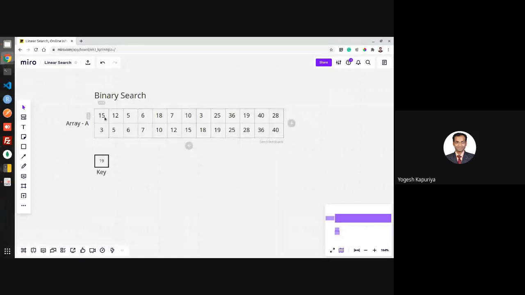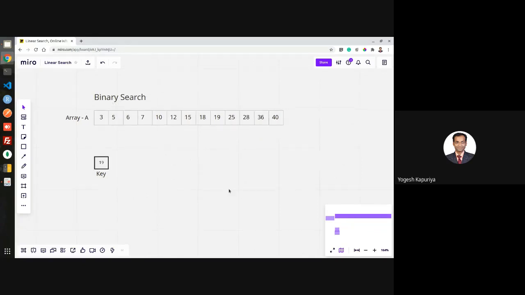So you require this as an input. Okay, so this has to be the input if I want to search using binary search.